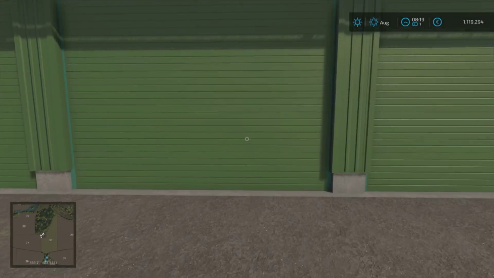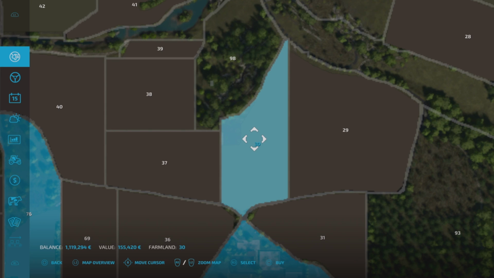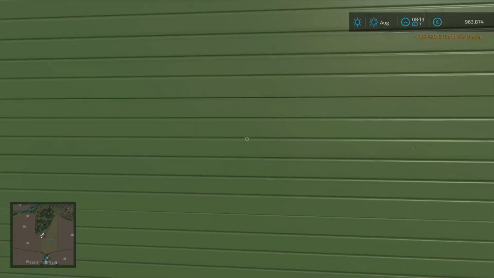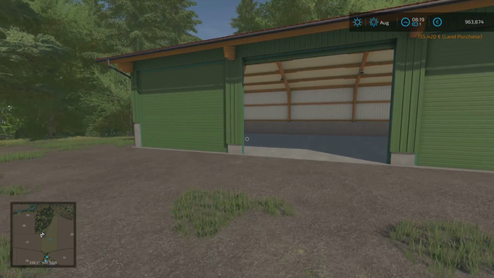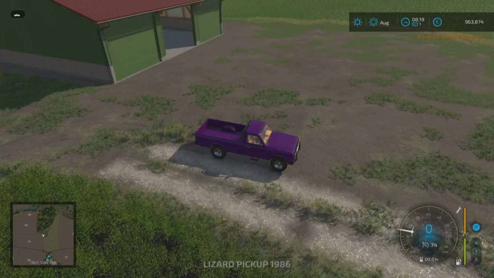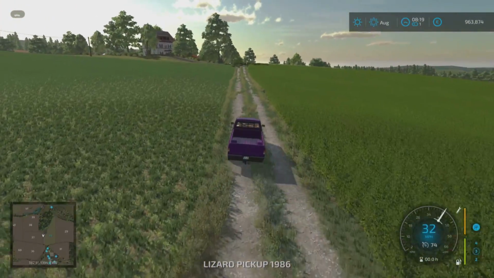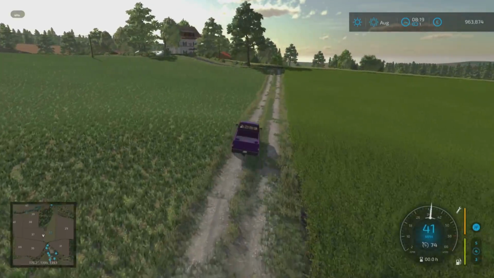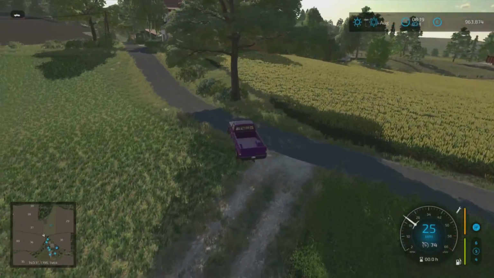If I run up to this shed, I cannot open the doors, but if we quickly buy that plot of land, 155 grand, that is now ours. I can now use that shed like so, which is pretty handy. So there we go. We are heading on down. We are going towards the cow farm with the BGA,